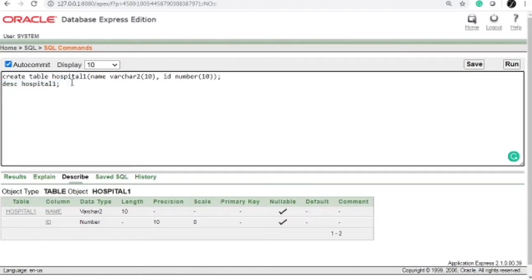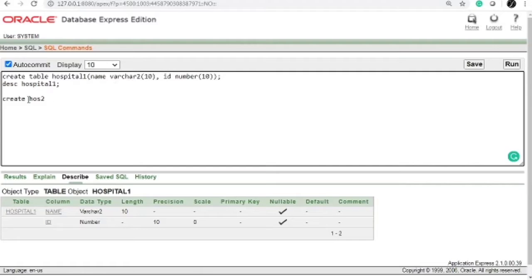Fine. I just want to create another table, host 2, with the same structure. I want to copy the structure of hospital 1 into it. How can I achieve this?